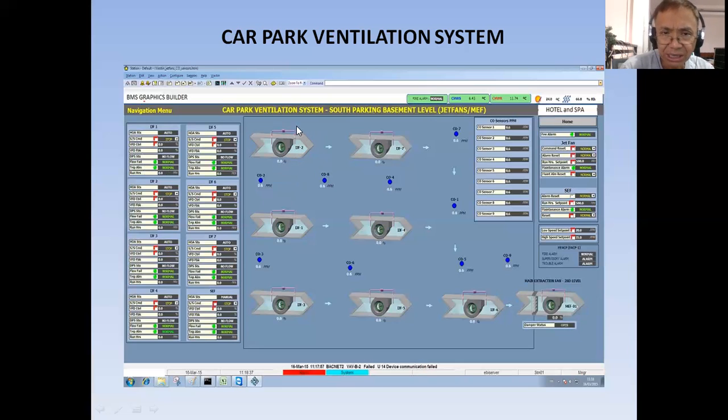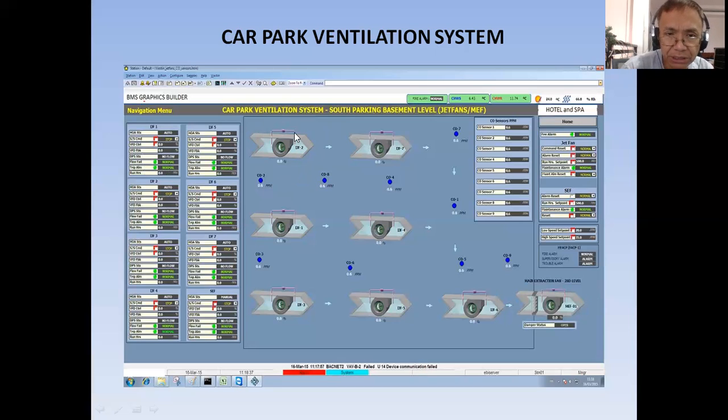As you can see, we installed one differential pressure switch across the fan. This is the correct installation of a differential pressure switch for airflow proving for a specific fan. As you can see, this is the suction side and this is the discharge side. If you have a differential pressure switch, this switch has 2 probes. You have to locate the positive probe and install it in the discharge side, and the negative probe should be installed at the suction side. This is the proper installation of a differential pressure switch.